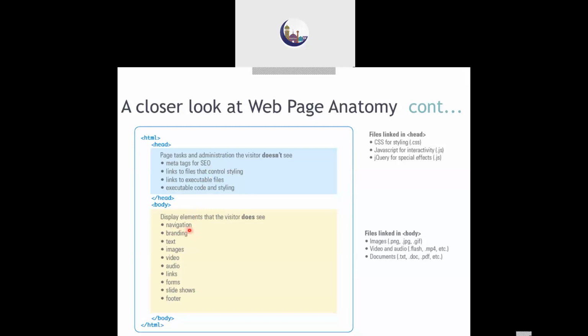So that is navigation. You'll have certain branding, some logos being kept. For example, in my YouTube channel, I have kept some branding logo below in the video. So you can keep any type of branding over there. That tells, okay, you are using so and so mark for your product. Next is the text. Text tells what is the actual content. Images help to illustrate the text. Videos will enhance the text content. Audios, you can keep anything. Links, forms, slideshows, footers, all these are displayable matters. So all of them will be kept in the body section.